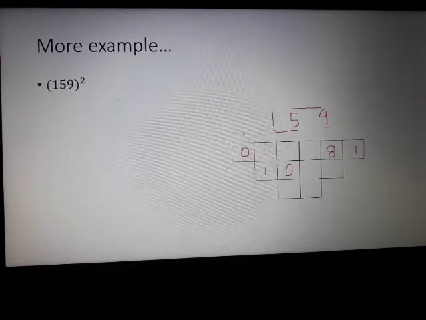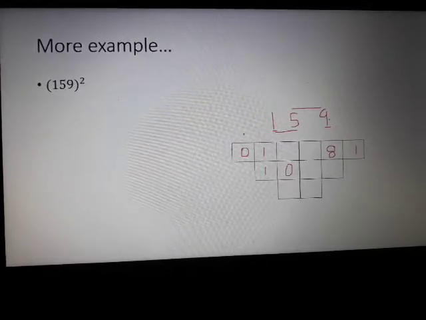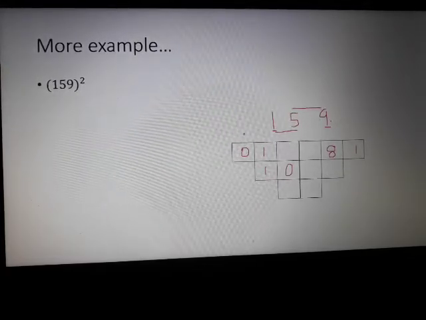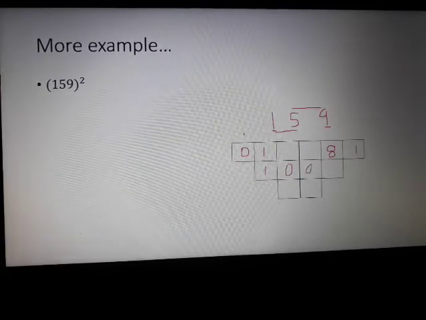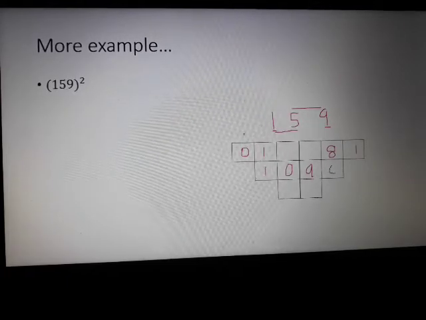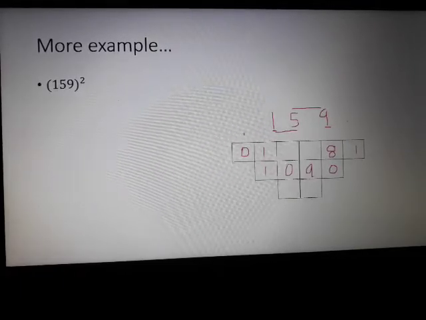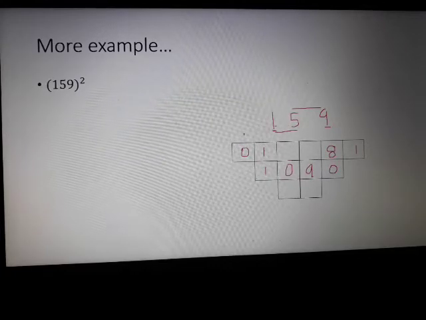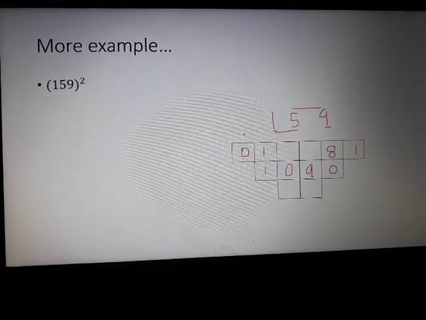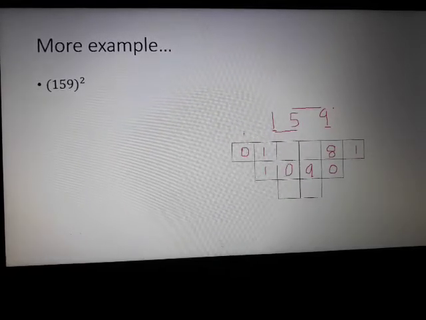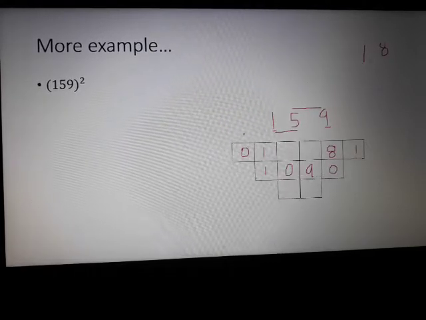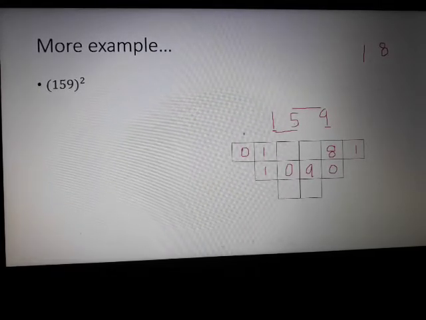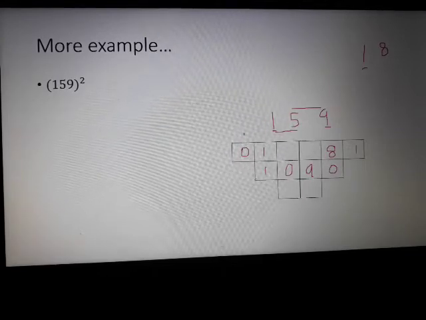Now take the second and the third digits, 5 and 9. Take the product, 5 9s are 45. Double the result. The double of 45 is 90. Write 90 in the last 2 boxes of second row. Now take all the 3 digits. Multiply 2 with the product of first and last digit. The product of the first and the last digit is 1 9s are 9. Multiply with 2. 9 2s are 18. Now take the middle digit, square it. The square of 5 is 25. Add them.